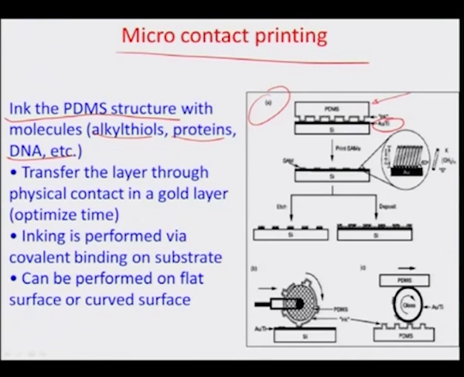There is a transfer layer represented by these hatched lines, which is the layer of molecules, and then there is a receiving layer at the bottom here, made of gold titanium. The idea is that the stamp is made in contact with the receiver layer, and there is a sufficient amount of time